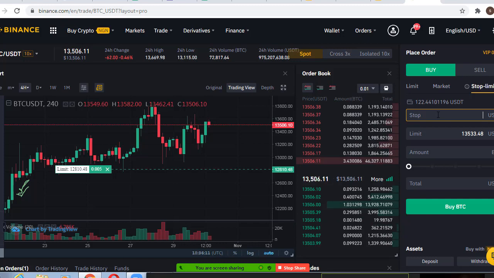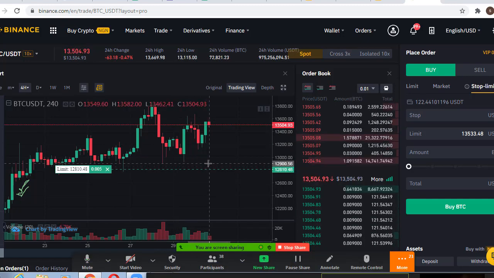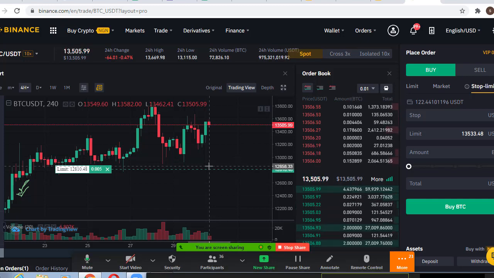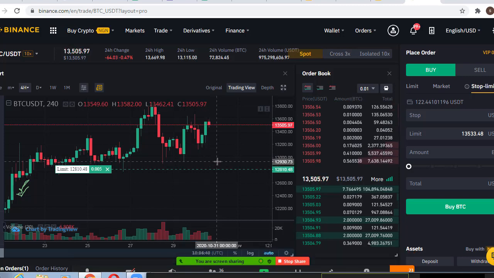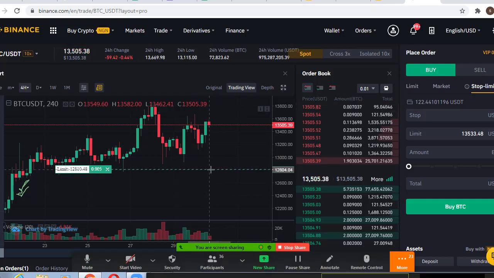Now, the price where you're putting your stop will be the price, let's say for example, this level. That is your stop price. Now, your limit price will be up a little bit because at your limit price, the trade gets executed. I hope you are getting me right. At your limit price, the trade is initiated. But if it comes to your stop price, it will stop you out of the trade, because at that point, if it continues to go down, you are losing. So it will automatically close the trade for you and sell back Bitcoin